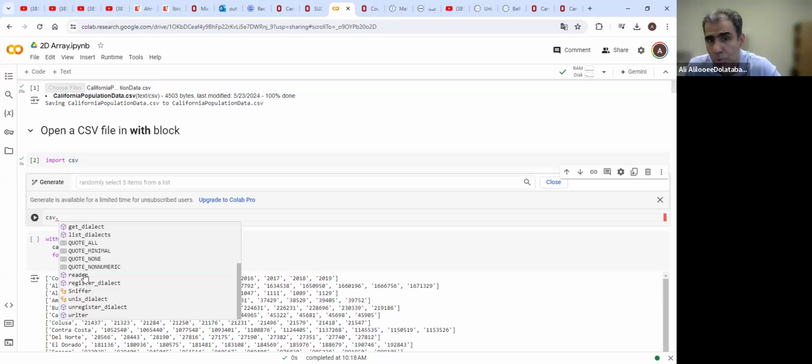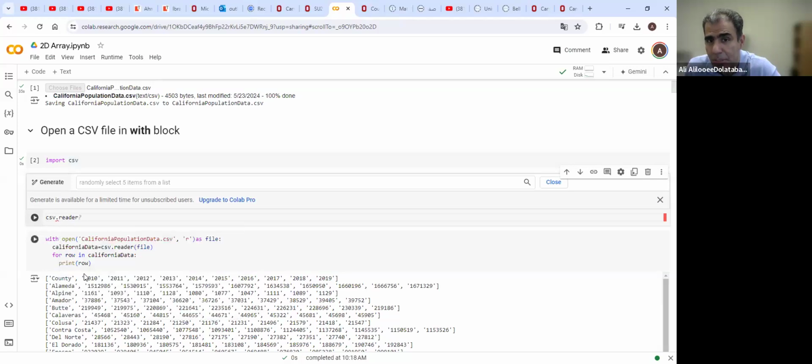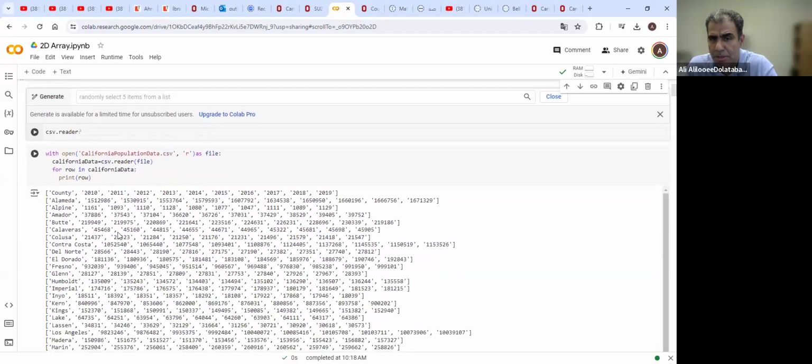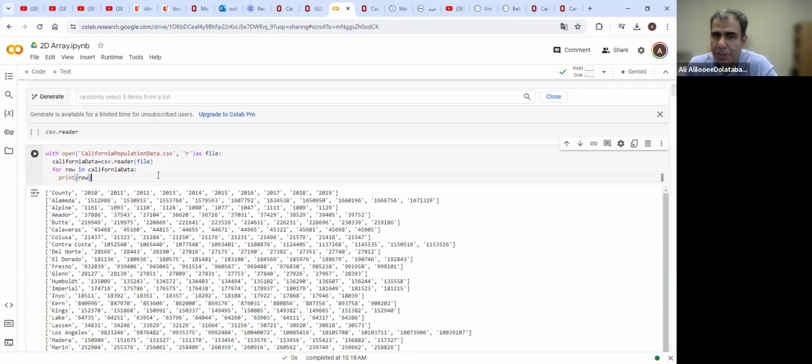Here, for example, I want to use reader. Reader is one tool that we want to use on CSV. We have already this CSV here, so it's not necessary to use this. And here, as you can see, after reading the file,